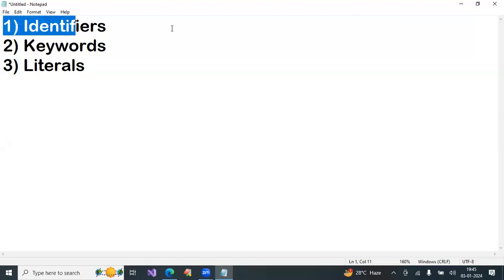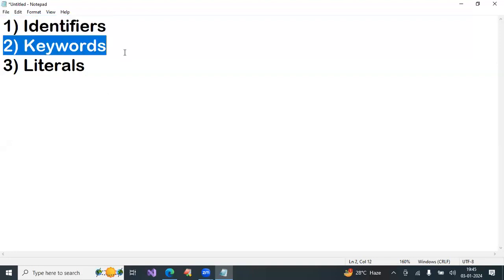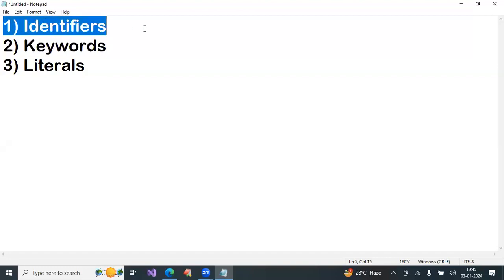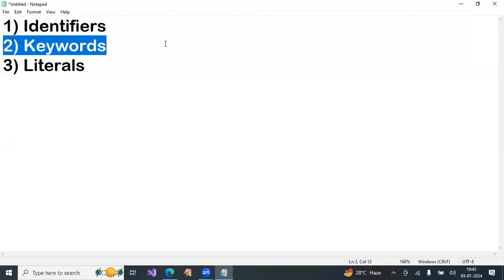That is about identifiers. Keywords: for writing programs, some words are reserved. Those words are called keywords. Whatever you are writing are identifiers; whatever is already developed by the developer are keywords. Can I write keywords in capital letters?